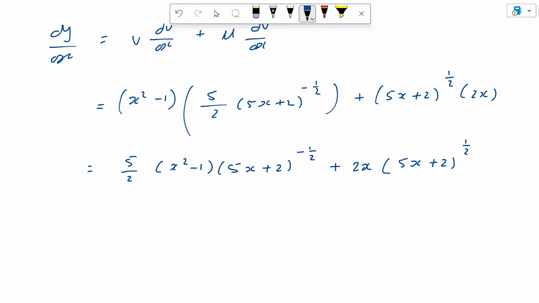Okay. So, as mentioned at the start of the video, exponents dislike to be negative. So, let's make it a denominator. Is equal to 5 over 2, let's see,